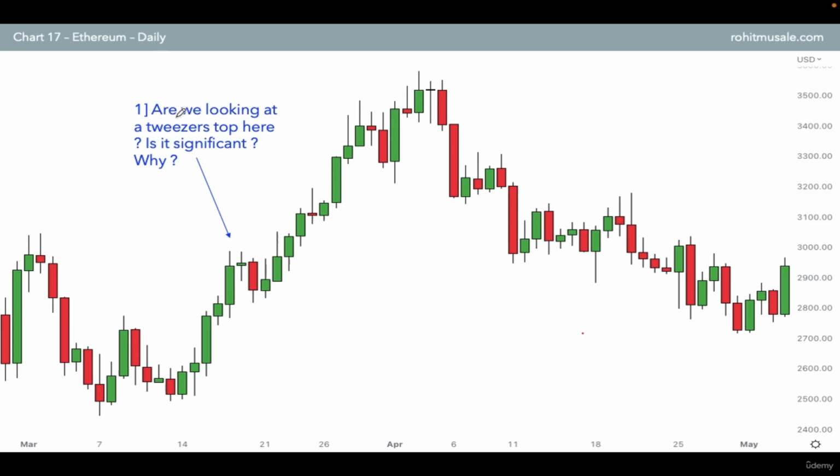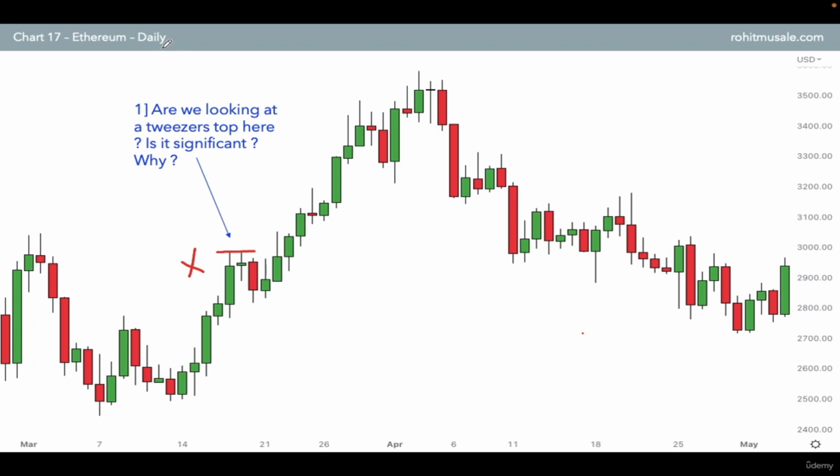So question 1, are we looking at a tweezer stop here? Is it significant and why? So if you look at these two candles, both are having the same highs. So yes, this is a tweezer stop. The second question, is it significant? The answer is no, because as I explained earlier, for a tweezers, that's the only pattern where a time frame